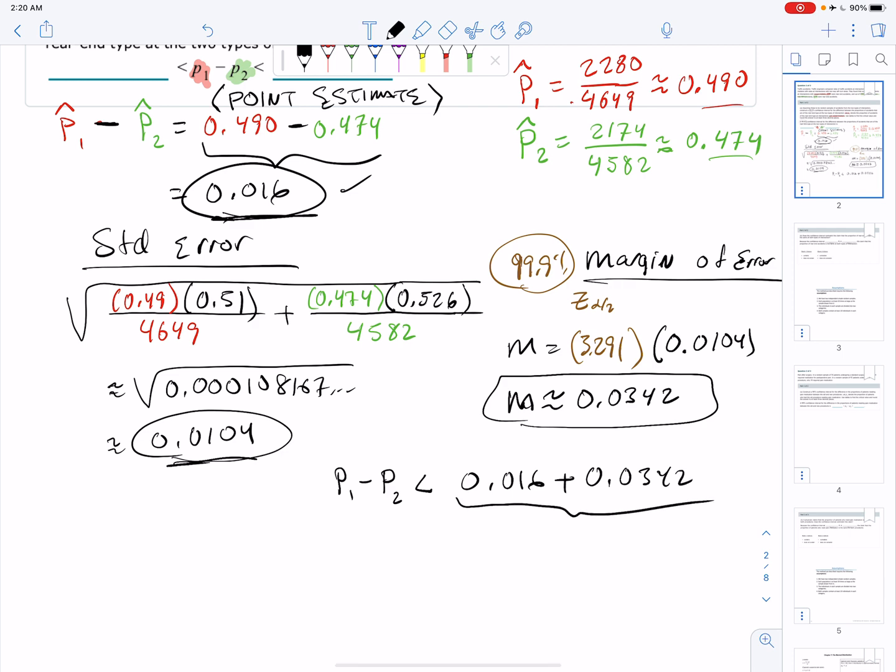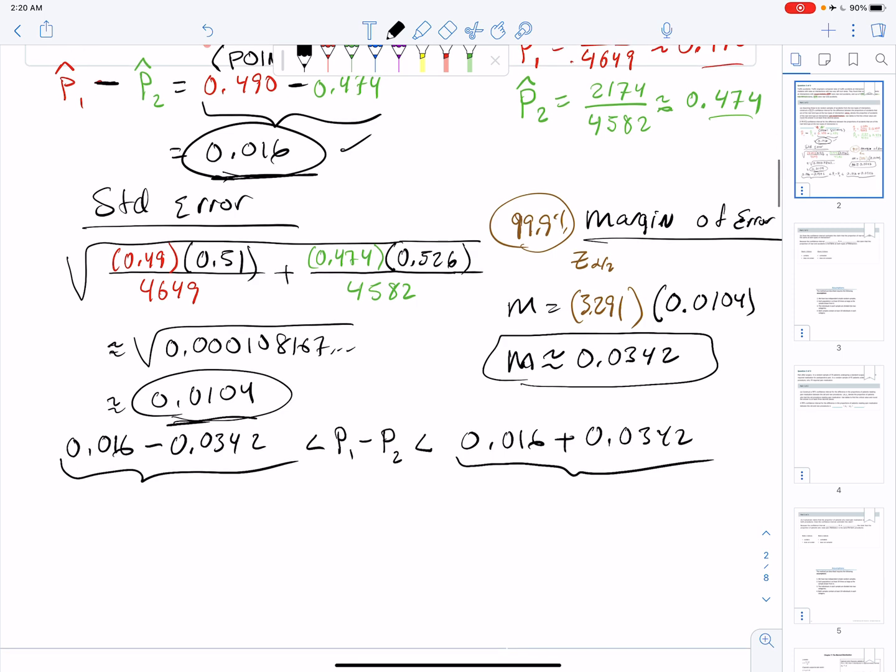And I'm going to do that calculation. And then down below, I get my point estimate again of 0.016, and I subtract the margin of error of 0.0342. And I calculate that. And so when I run the calculation, for this lower bound I get negative 0.0182, and for the upper bound I get